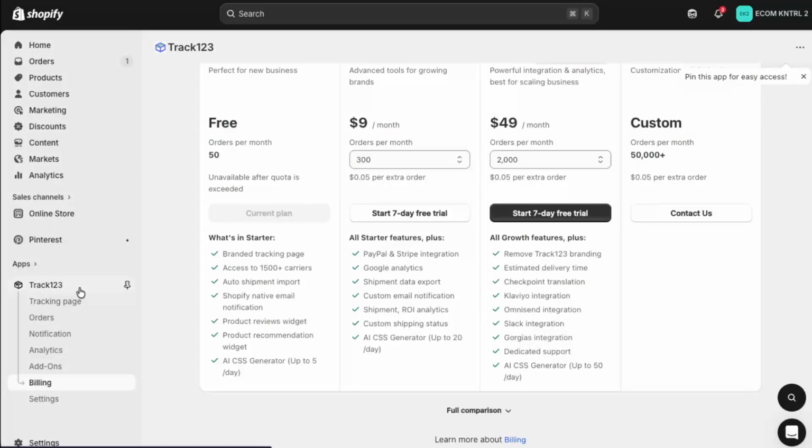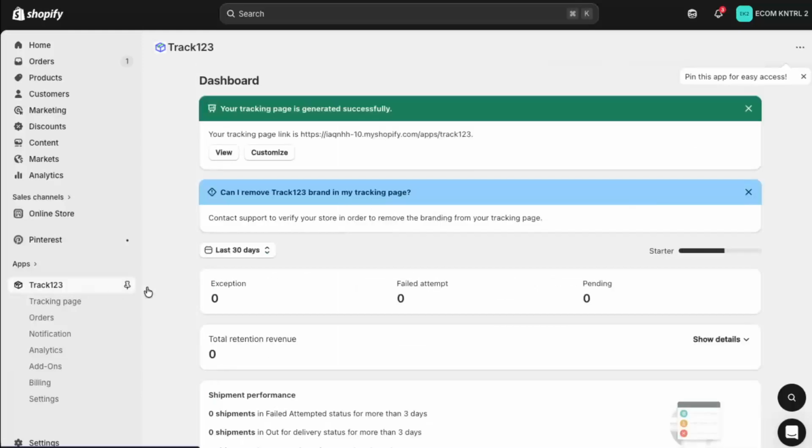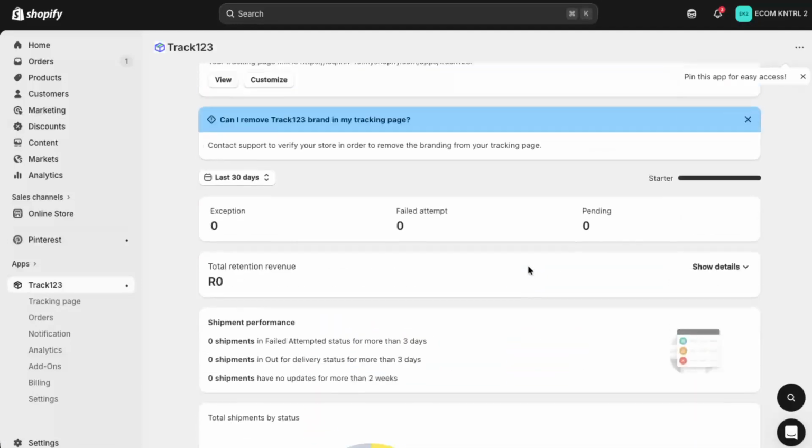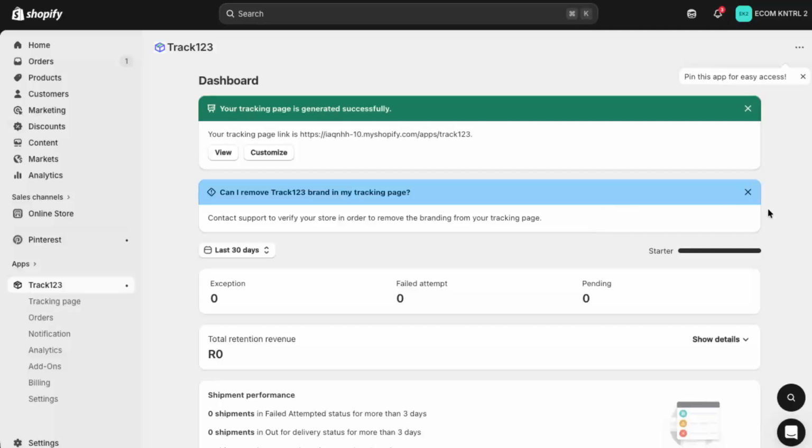Once your plan is selected, look at the left-hand column in your Shopify admin. Under the Apps section, you'll now see Track123 listed there. Click on Track123 to open its dashboard. This is where you can configure all the app settings, customize tracking pages, and manage how tracking information